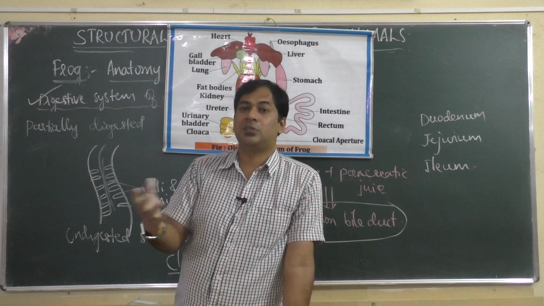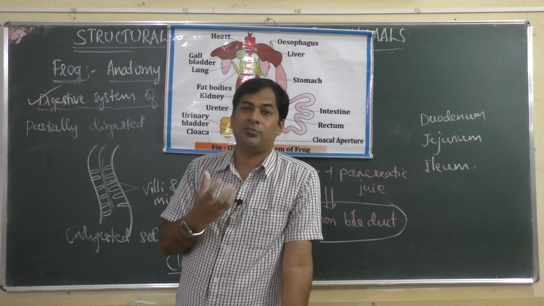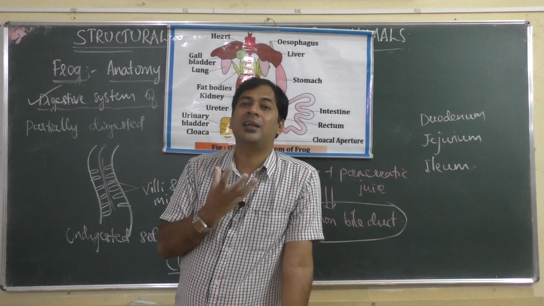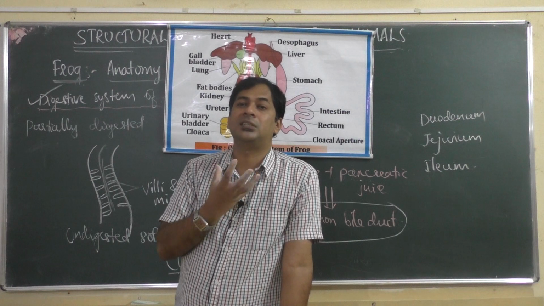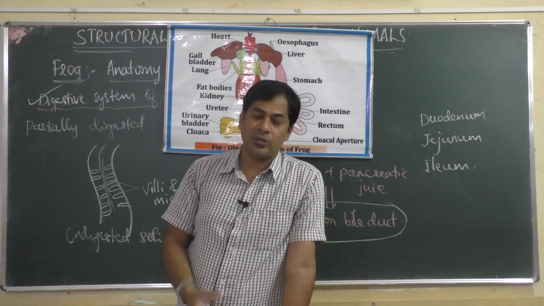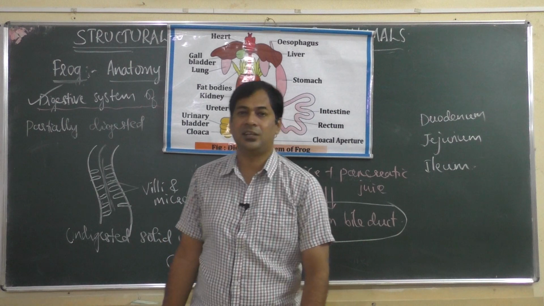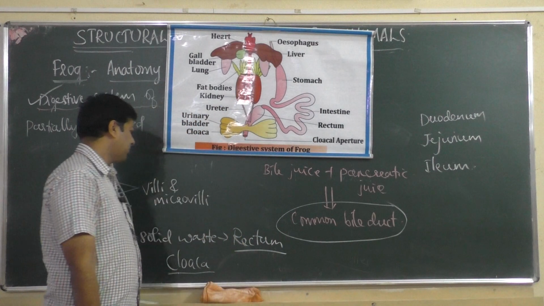So it will come out of the soil. Then when rainy season starts, you can hear croaking sound of frog. The enlarged vocal cords also you can see. Croaking sound you can hear. If you hear croaking sound of frog, then you can think that rainy season started. Okay, so